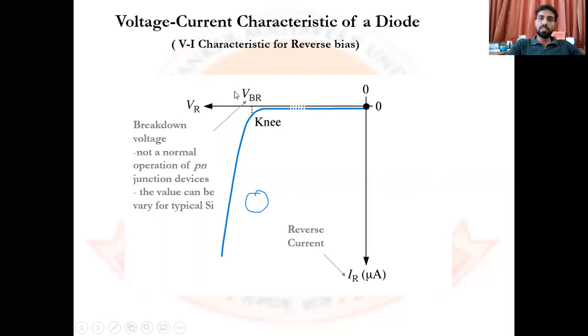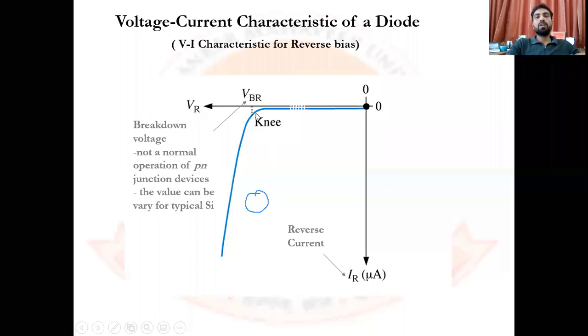we see here a terminology written as VBR. एक लिमिट तक जब हम डिप्लीशन रीजन पे वोल्टेज बढ़ाएंगे it keeps on increasing, और इस पे इतना हैवी इलेक्ट्रिक फील्ड सेटअप हो चुका होगा। So once we reach a certain limit, एक लिमिट होगी ना जब तक वो डिप्लीशन रीजन strain झेल पाएगा। Once we reach a certain point, the covalent bonds which were part of the depletion region, उन पे इतना heavy electric field लगेगा कि वो एक साथ सारे टूटने लग जाएंगे. The breaking of the bonds starts, and at that situation we